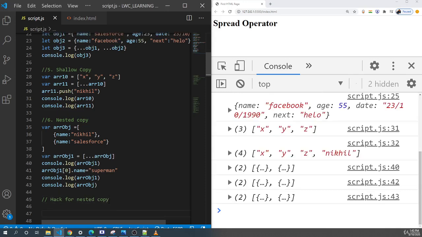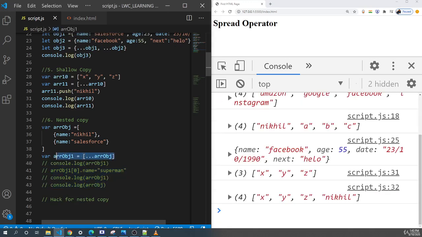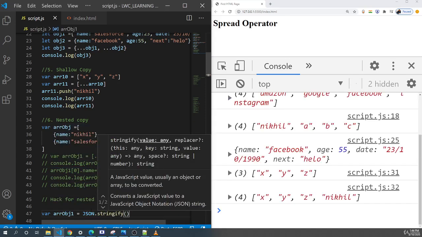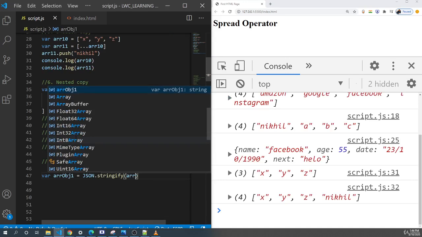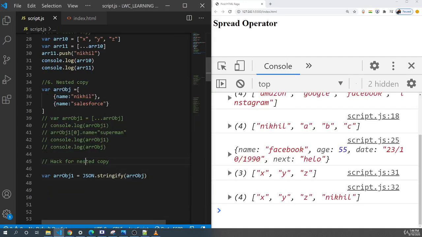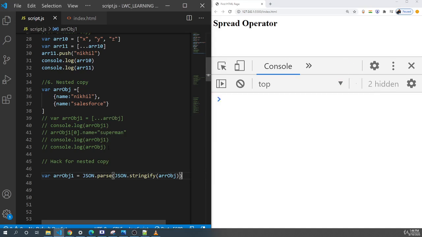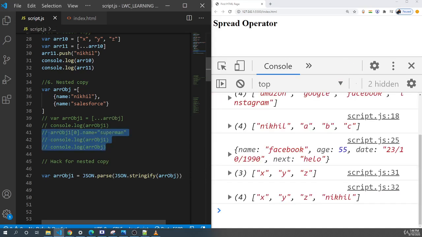I'll just comment this out and simply say JSON.stringify. I convert the object into the stringify format first. So JSON.stringify is the method. We'll see it in a later video as well. JSON.stringify arr obj. It gets converted into a string and then converted again into an object using JSON.parse. And now if you print this again below this,